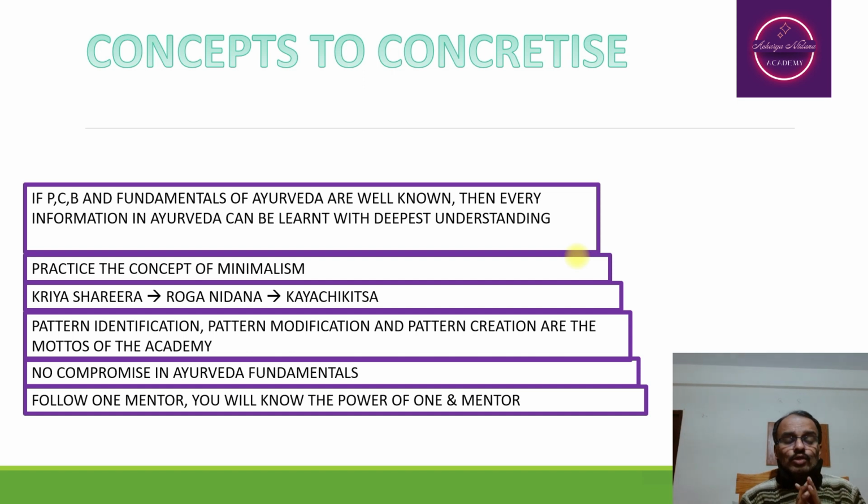Fourth, when you want to learn anything for a longer time, first try to identify the patterns. Patterns are repeatedly occurring observations. Suppose you know the 10 different steps from any particular etiological factor entering the body till the disease manifestation. If you know 3 or 4 steps, identifying the 5th step is very easy, and we are able to predict the 6th step in future. Why is it necessary? We need to know it so that we can alter the patterns and have a new pattern.